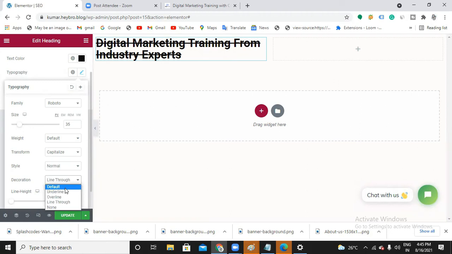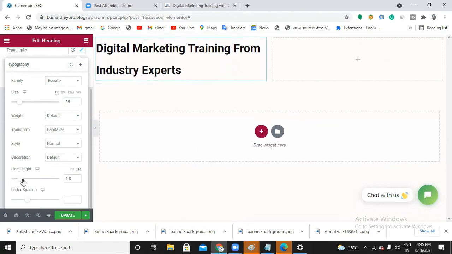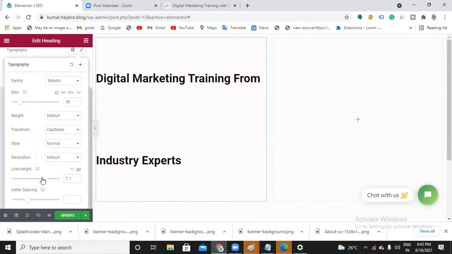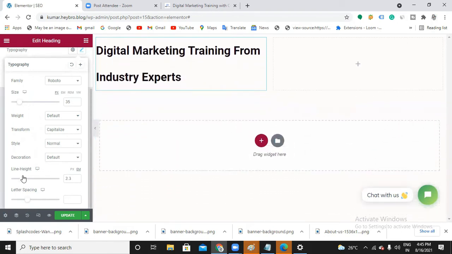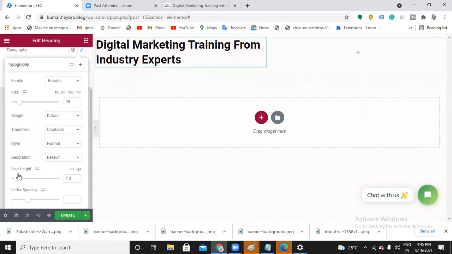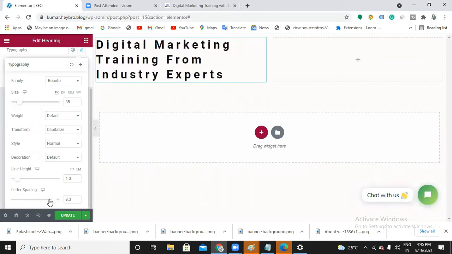We'll go with default, I don't want any decoration. The line height, do you want to specify the line height? No. Letter spacing, the space between the letters, right?